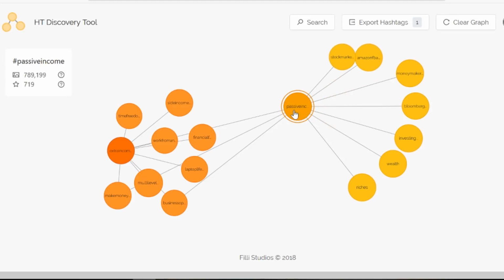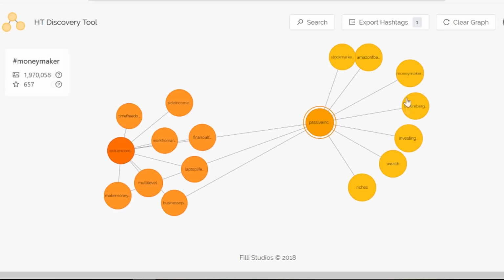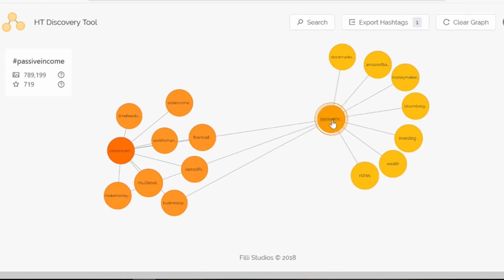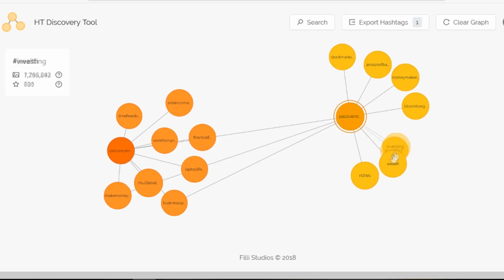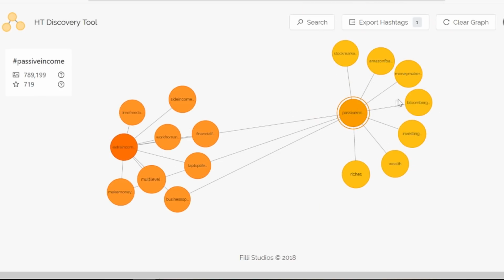Either you'll find the same people that engage on the passive income hashtag, they will also be engaging on the new ones that you found, or you will find a similar audience that engages on this hashtag as well. So you've gotten a lookalike audience who are the most likely audience on Instagram to engage with your post as experienced on the passive income hashtag. Hopefully that made sense to you guys. If not, just watch the video again. So that is pretty much how I research my hashtags with this tool.